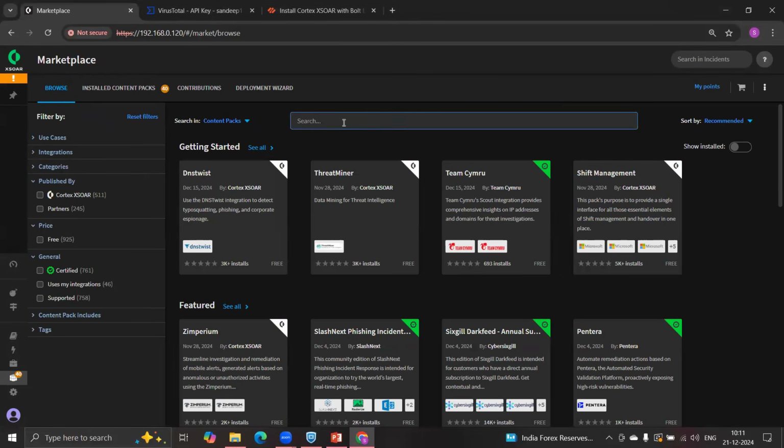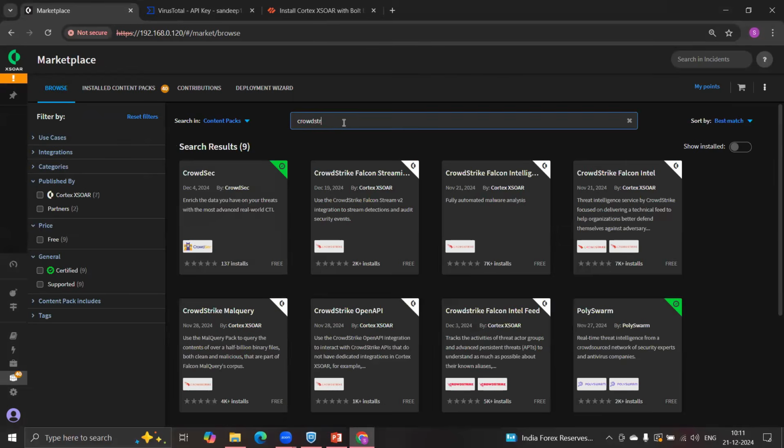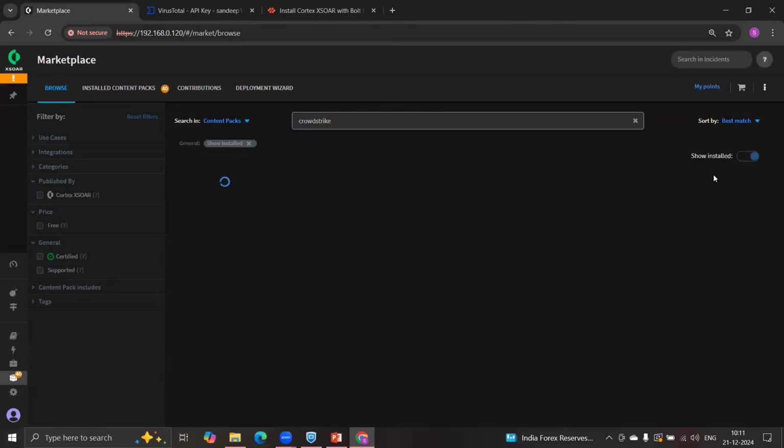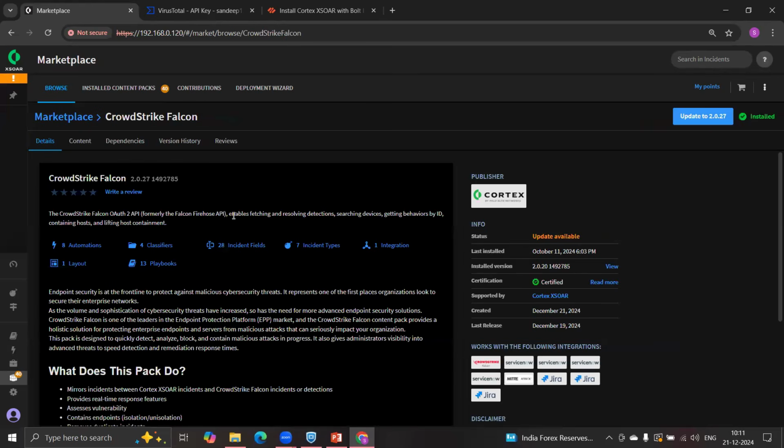install some content from it, so we'll just look for CrowdStrike, installed. If you see, when we install anything from the marketplace, it comes with a lot of content. There are 13 playbooks, classifiers, 7 incident types, and integrations. All this data is already there for you to consume directly. You can just plug these playbooks into your environment and use them directly. You do not need to develop it custom. All the content that comes via Palo Alto or partners